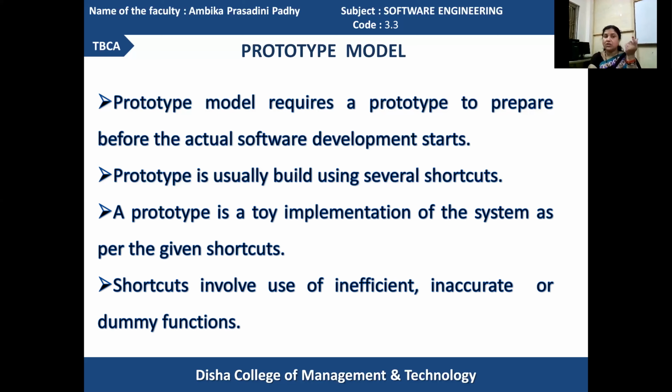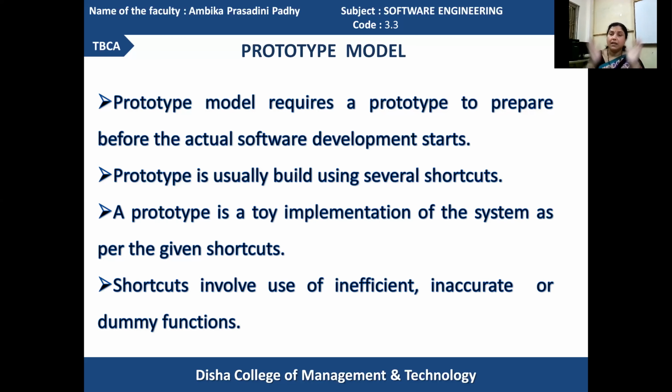The toy implementation contains inefficient, inaccurate, and dummy functions to be operated for solving a particular problem. When a problem arises, when a process is to be executed, then for solving that operation, what may be the subsequent operations, subsequent functions, subsequent variables. According to that only, your process will be executed.